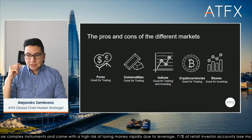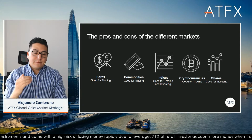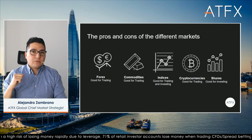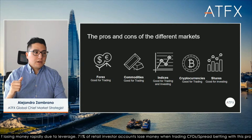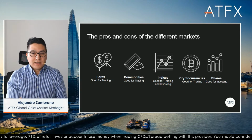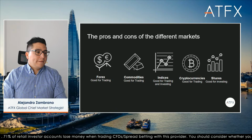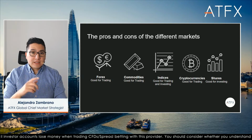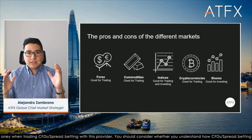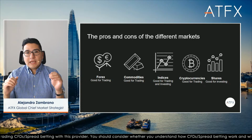It's super common, very common, that you'll have your 2 steps forward and then you'll have your 1 step back. It's very common. Unfortunately, it's not so common that you can devise a complete strategy around that. So Forex is good for trading, and sometimes certain currencies, because the thing with currencies is that it only measures